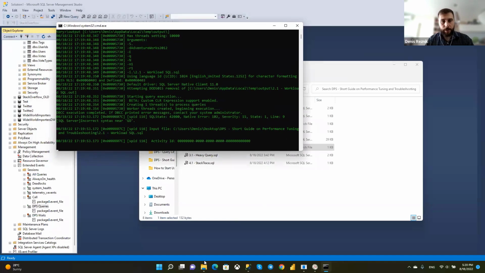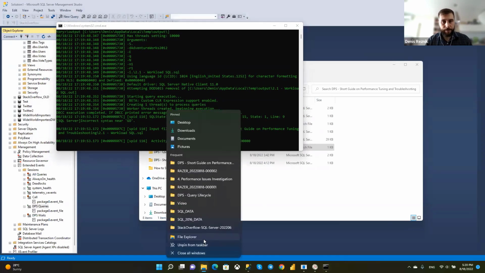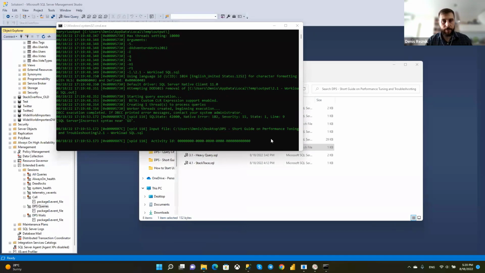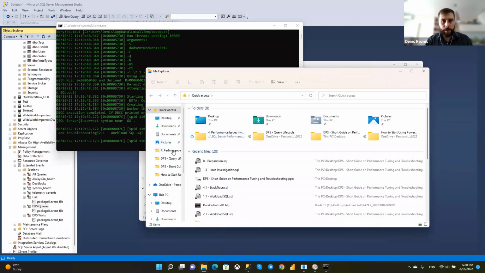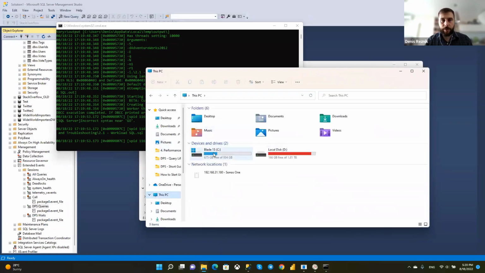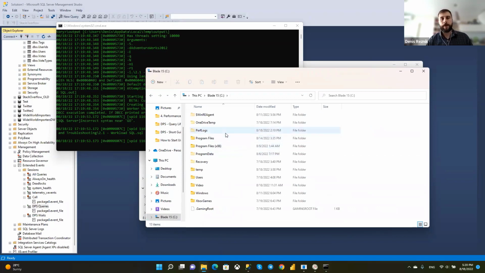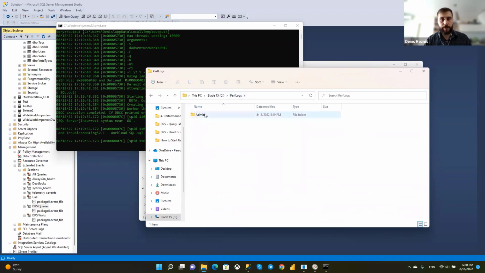While it's running, I will go to the default storage of performance counters. It's over here, C, perflogs, and here is our file.